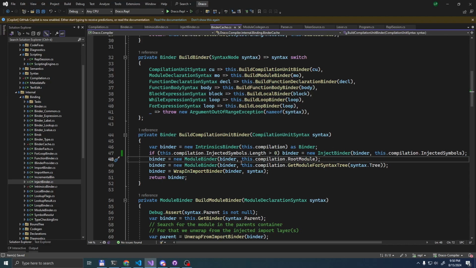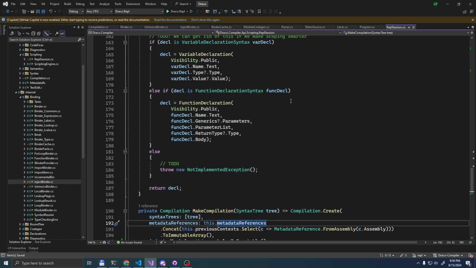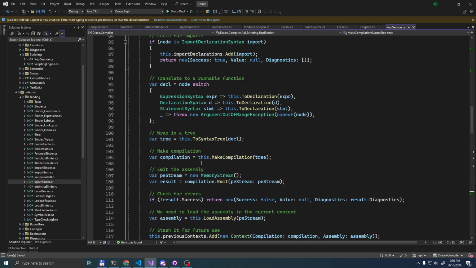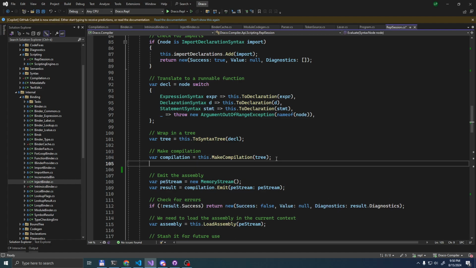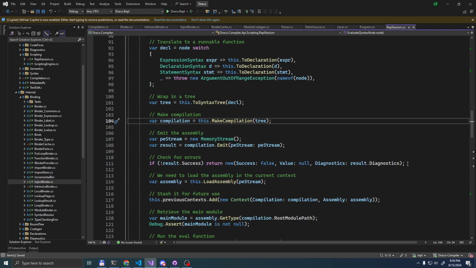So technically we should have wrapped the outermost scope to have these injected. Now we just need to keep track of them in the REPL session. So what we can do is that once we have a compilation, we could ask the compilation for a semantic model and ask for the declared symbol, but only if the thing was successful.